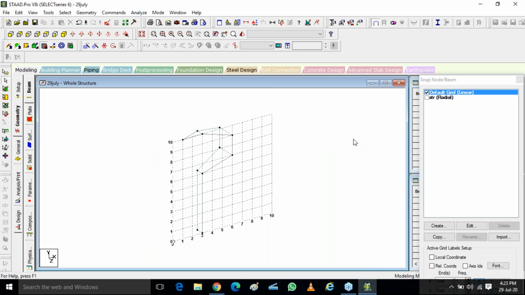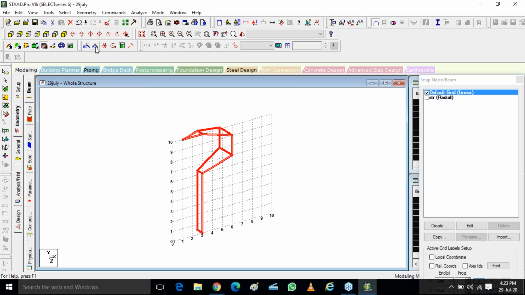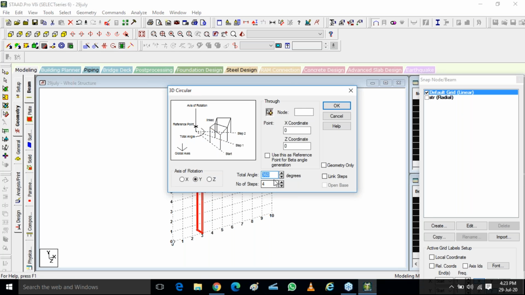Now what I'll do, I'll select all of it, beam and column. No, I'll select geometry. Can you see this geometry? Geometry means you're going to select your beams along with plates. These are beams. So what I'll do, I'll just go to my geometry, select all my geometry, go to my translation, circular repeat here.